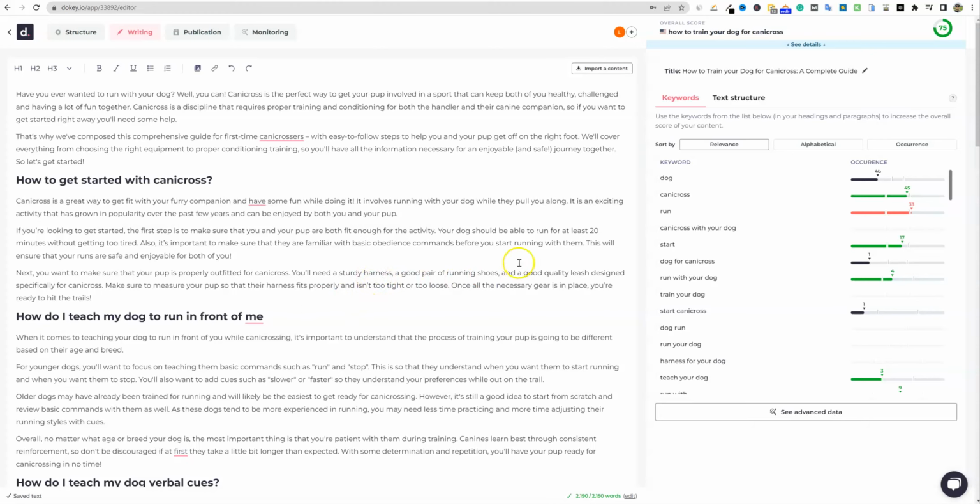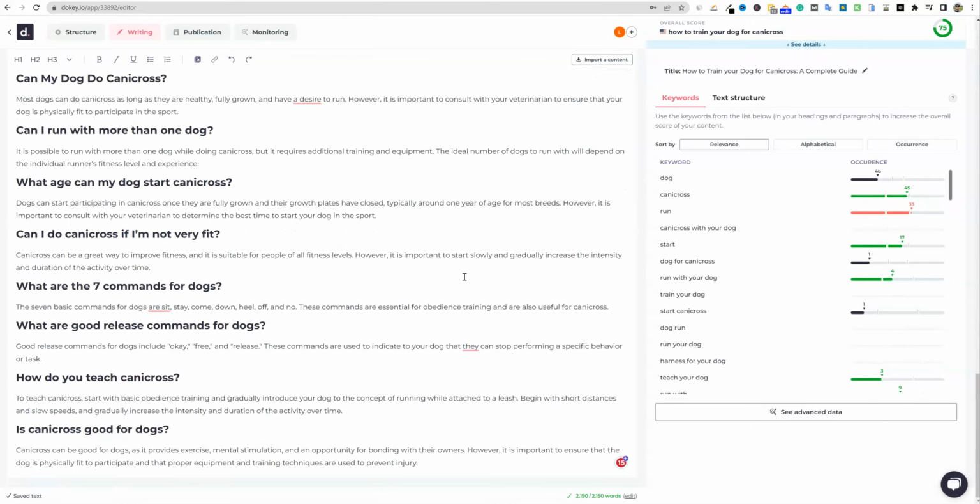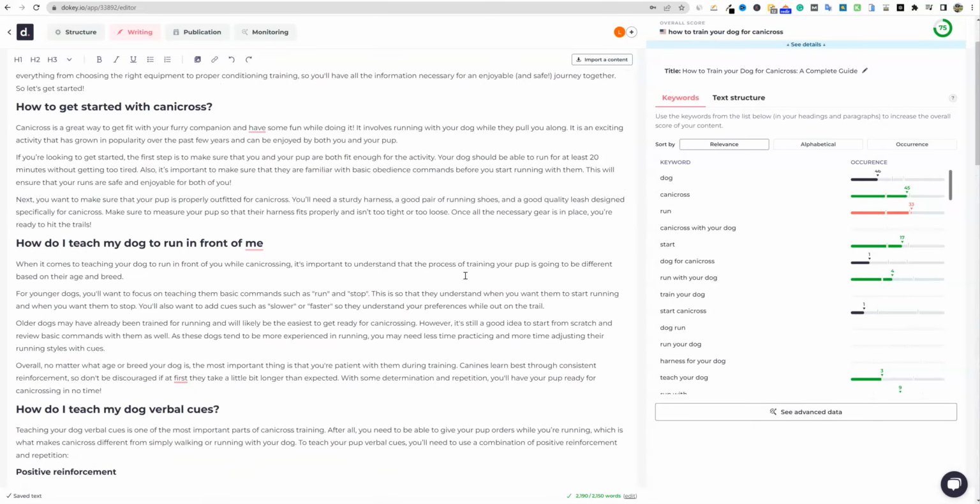So we've got this giant article right here, and now we're going to look at this. We already have a green score, so it's telling us that we're probably ready to go and publish. I would run this through, fix all the things that Grammarly is telling us to maybe fix, and you could even copy and paste this into Grammarly to get even more suggestions and more corrections as well.